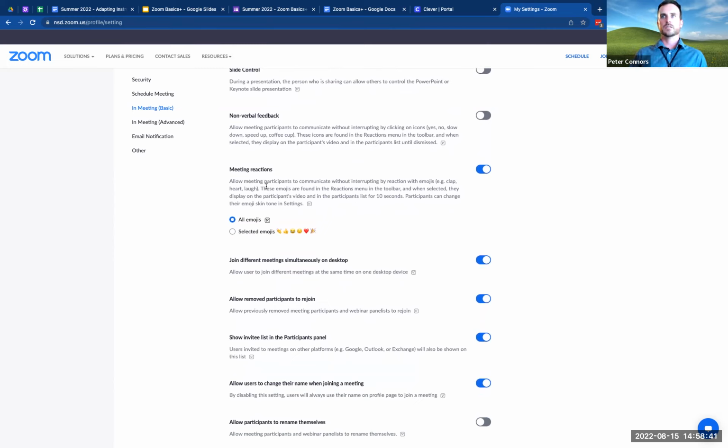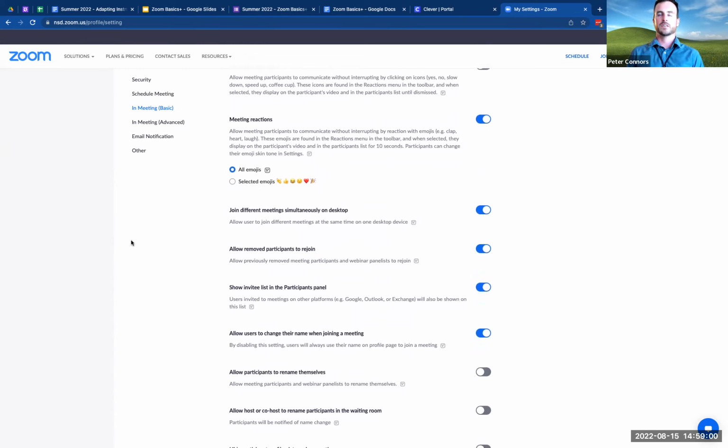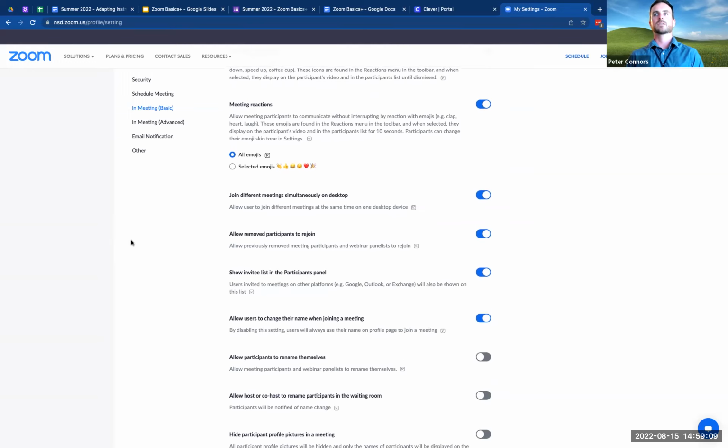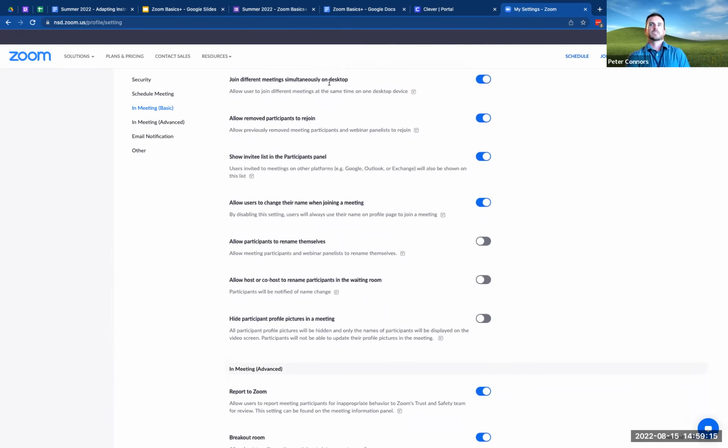Meeting reactions, those are something you could turn on and off depending on how it's getting used, but not necessarily. It's just a way for folks to reply with icons. I think it's useful, but if you find that people overuse it, it might be something you turn off. I think if we were teaching in Zoom, it might be something you'd consider turning off, but I just don't think you'll come across it too much when you're working mostly on, say, parent-teacher conferences or class visits or something like that. Joining different meetings simultaneously on desktop. This was one that we were kind of surprised to come across, but it wasn't on by default.